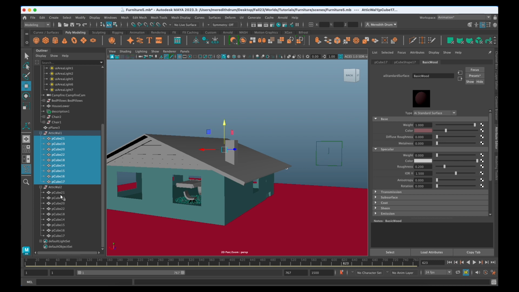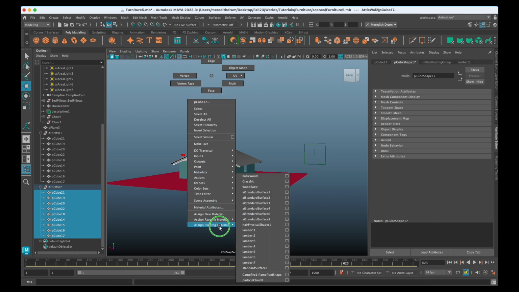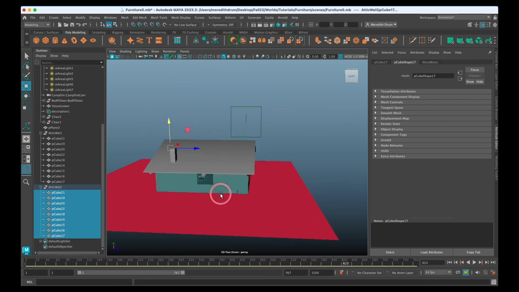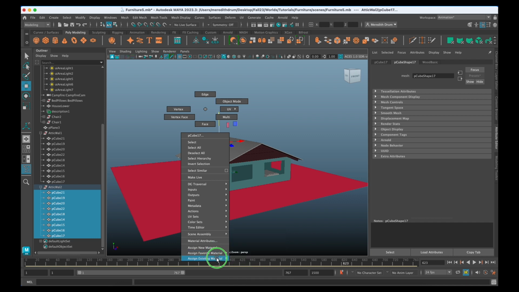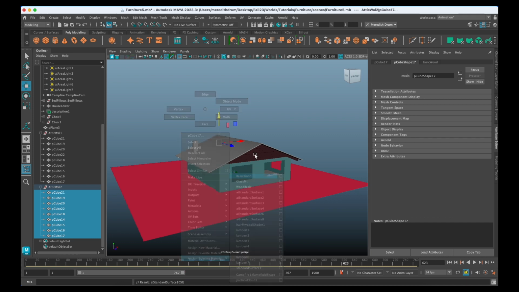Okay, that's good. Let's grab these other ones, and I just want to show you, you can add an existing material by right mouse clicking, holding. Existing material, basic wood, or wood basic. I can't remember which one I added, but it's because I had the roof before. Okay, so they have a similar brown. So let's do basic wood. So they're the same. So existing material, basic wood.